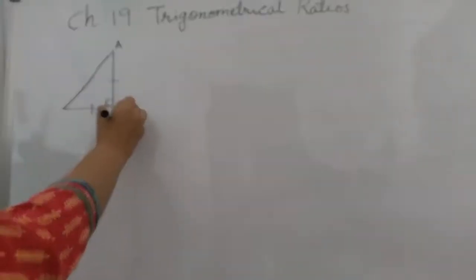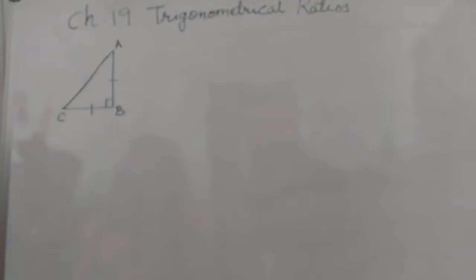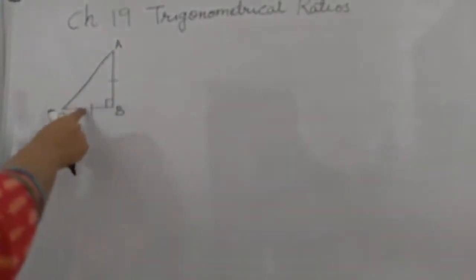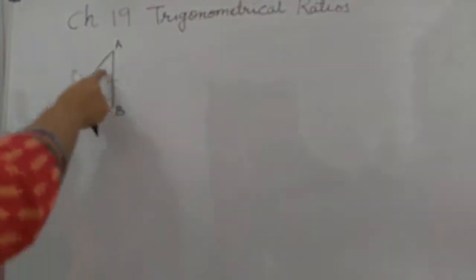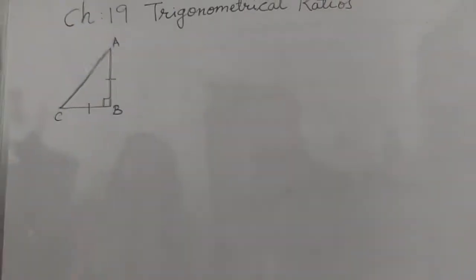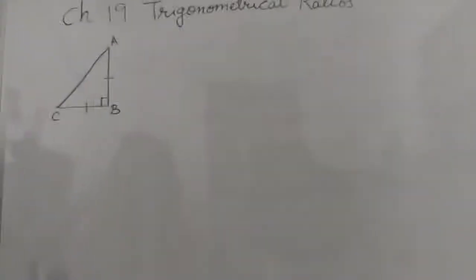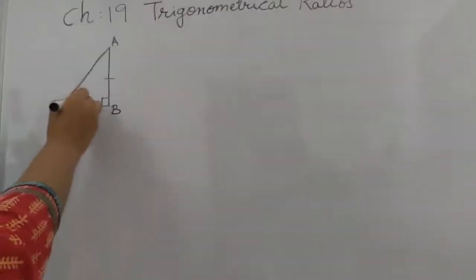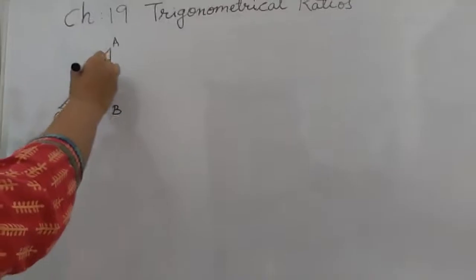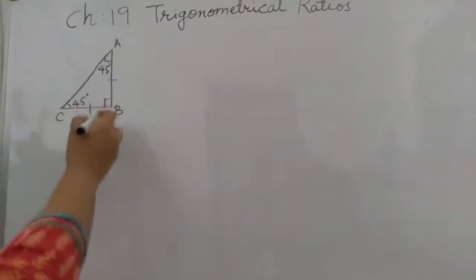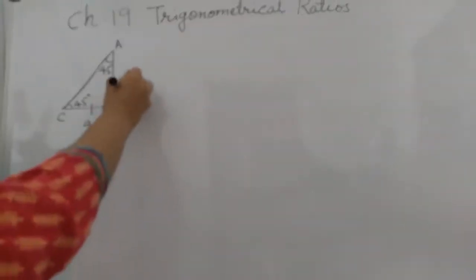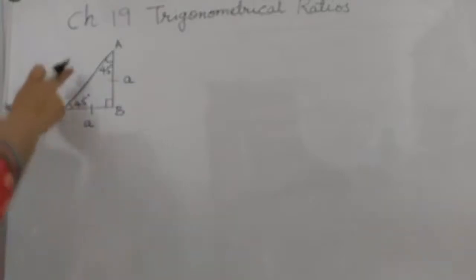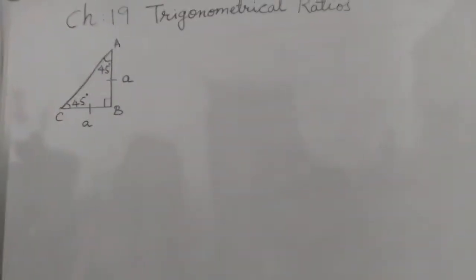So this is ABC. Now students, if in an isosceles right angle triangle, the angles opposite to the two equal sides are also equal. So by our angle sum property, this is 90 and these two are equal. So this will be 45 degree and this also 45 degree. And isosceles means these two sides are the same. So we can find the AC value first of all using our Pythagoras theorem.